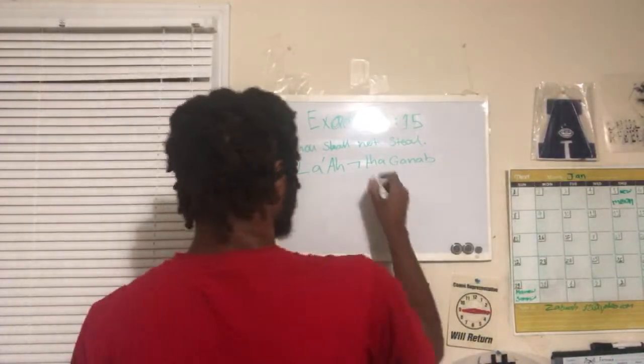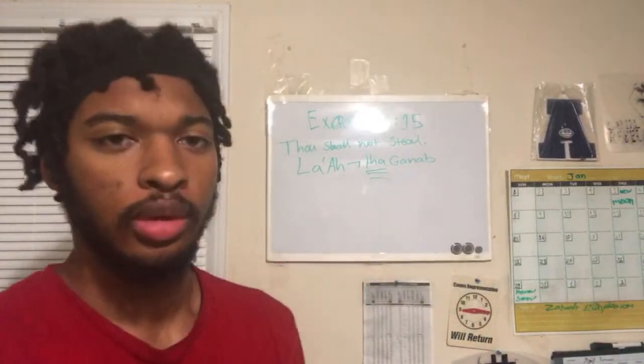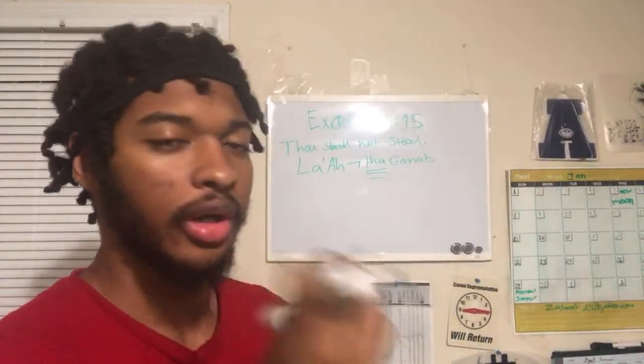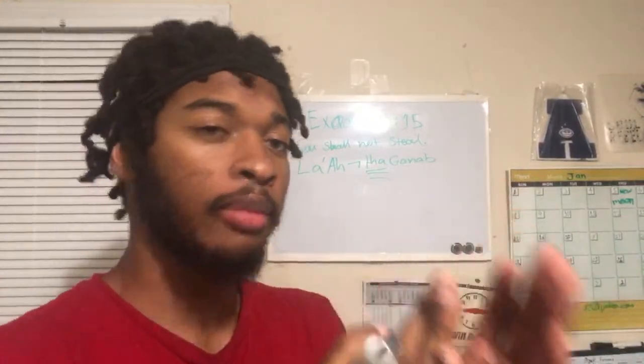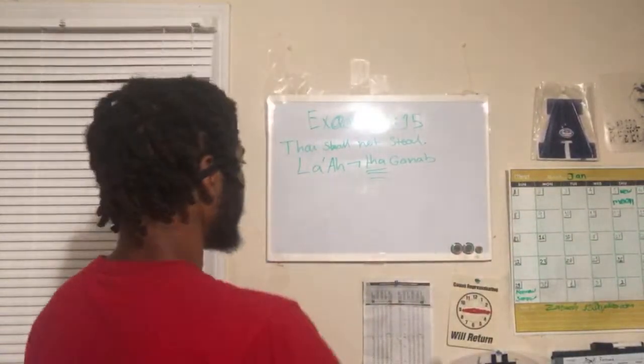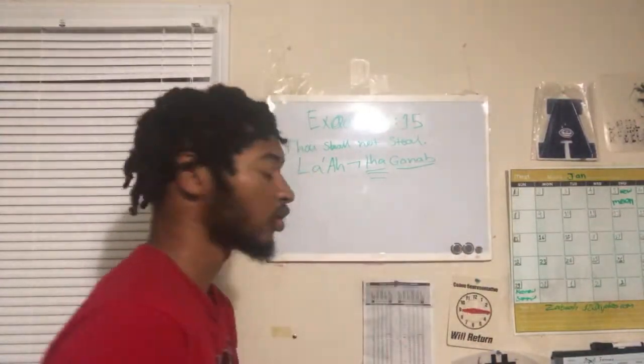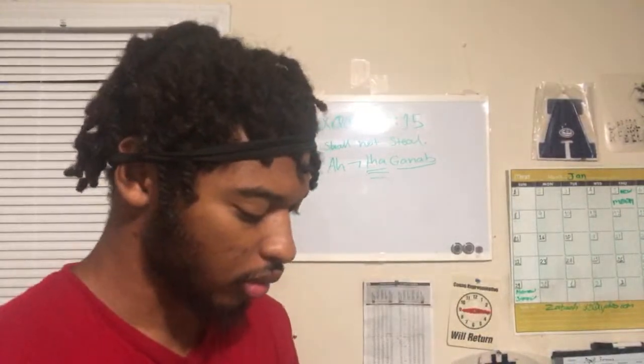So you see here again, the tha makes it informal. Instead of making the whole word a tha, they just put tha with ganav and they slam it together. And ganav is the word that tha is being connected to. And you see that some of these Hebrew characters, you gotta really look at all of them. I wish the old Paleo Hebrew website was a bit better into what is what, but I can't really bash them for what they're doing. They did a real good job with that. It's just that